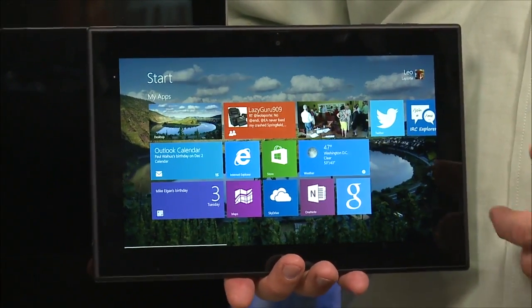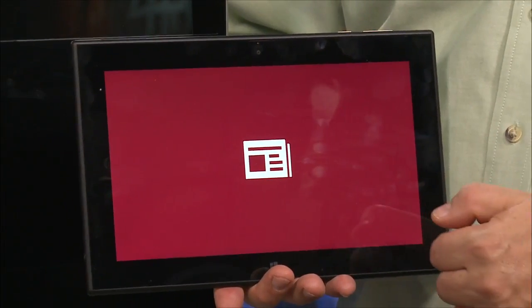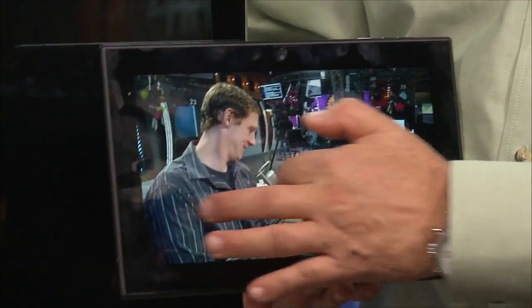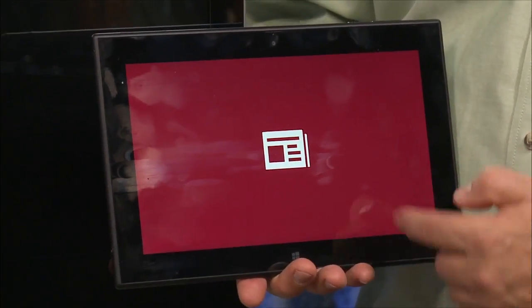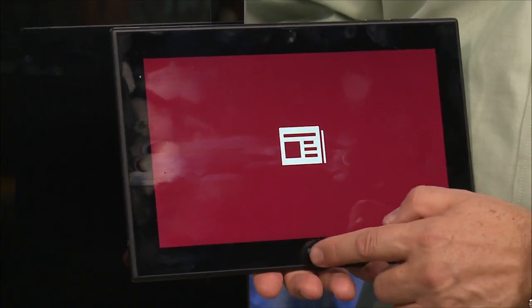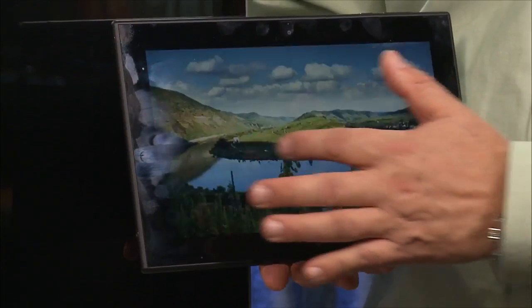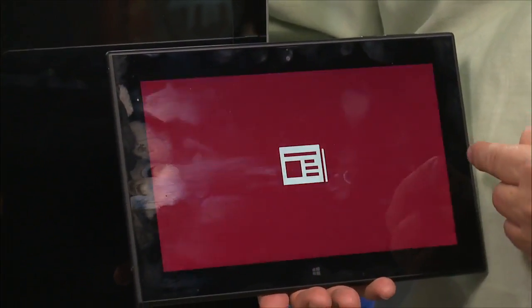I have to say, I'm very impressed with this. I do feel like Surface RT is Windows the way Microsoft wants you to enjoy it. I was having a few little crashing problems on some of the standard apps. This app seems to have been frozen up. This is the content app. What about the app performance? What's that like? It's very snappy. This is a fast machine, and that's one thing that I think you'll really like. Remember, though, you're only going to be able to run...